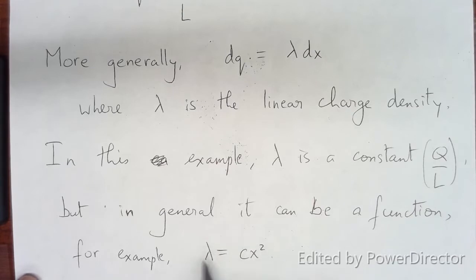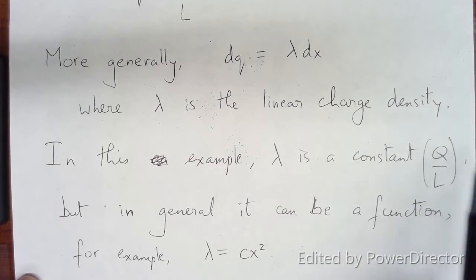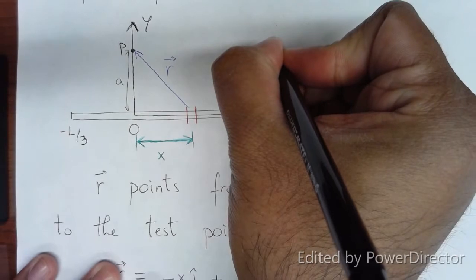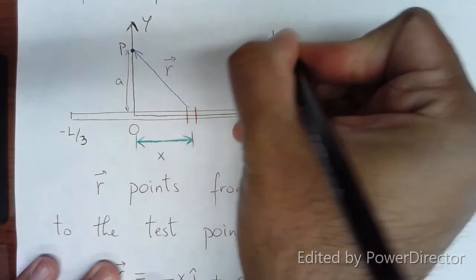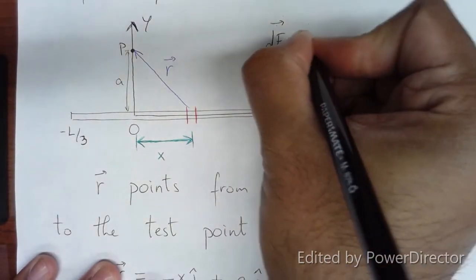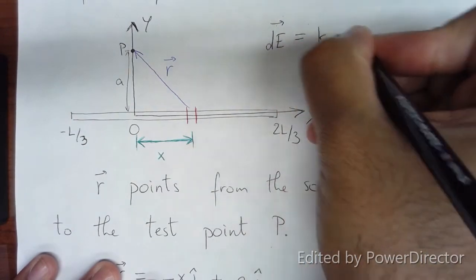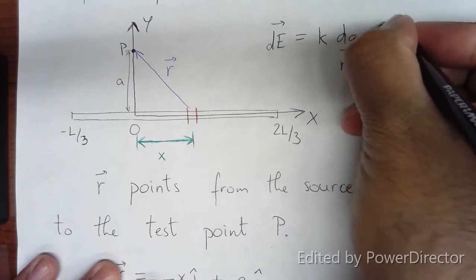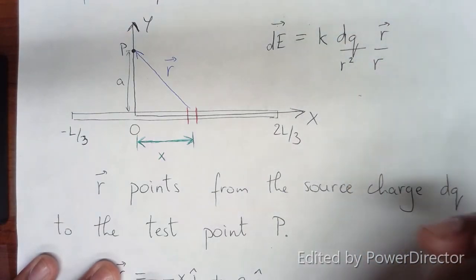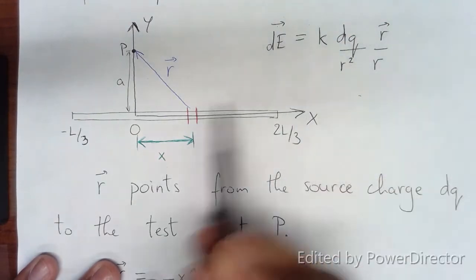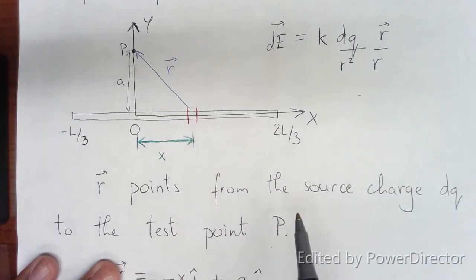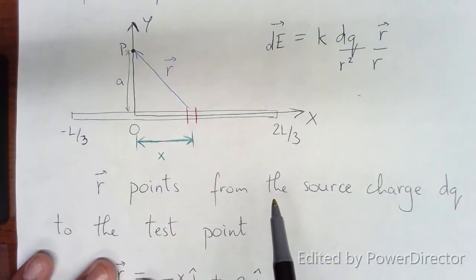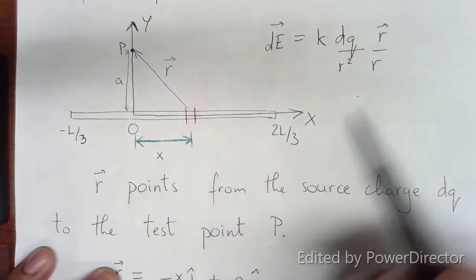But we will leave that for another example and focus currently on the setup where lambda is just Q over L. To reiterate, we are trying to apply the formula dE is equal to k dq over r squared times r vector over r to this little bit dq over here. So what we want to do is set up an integral,